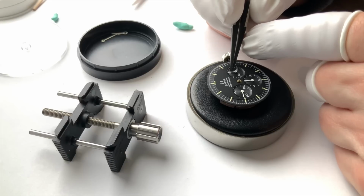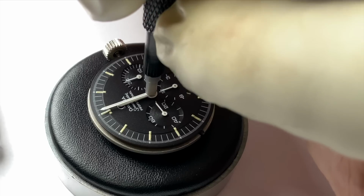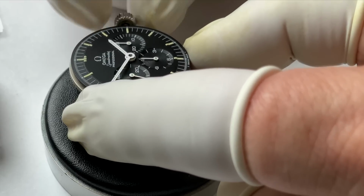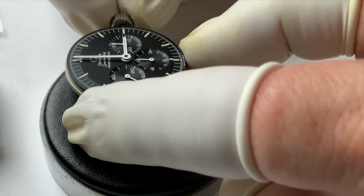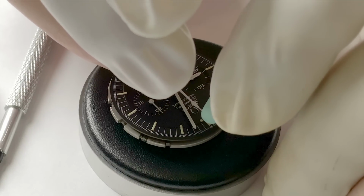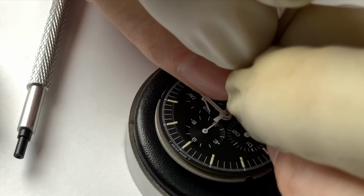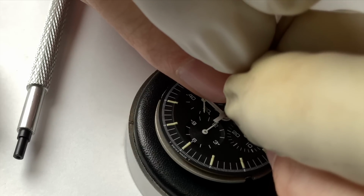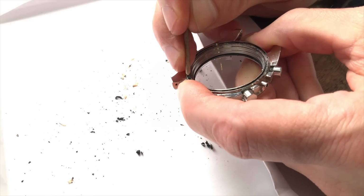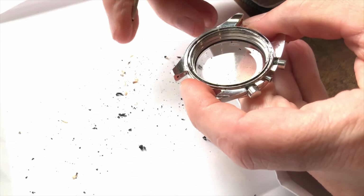This is our hour recorder. And now we can get our hour and minute hands on. Just make sure there's nothing wonky going on here. Now we can get our seconds recording hand on. It's a little nudge. Does require some force. Once we get this aligned and set to our satisfaction, we can move to removing what's left of the case back gasket. And we'll sand and polish the crystal